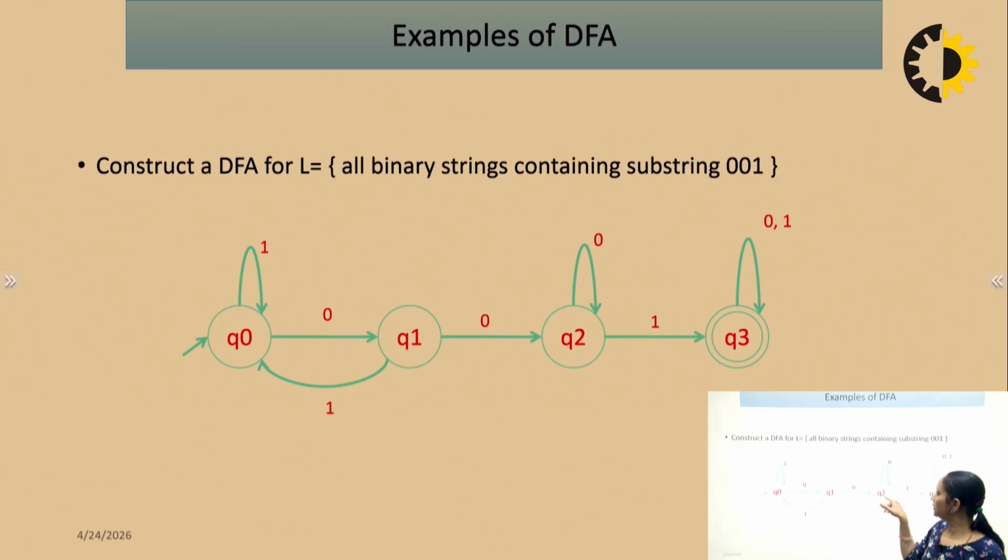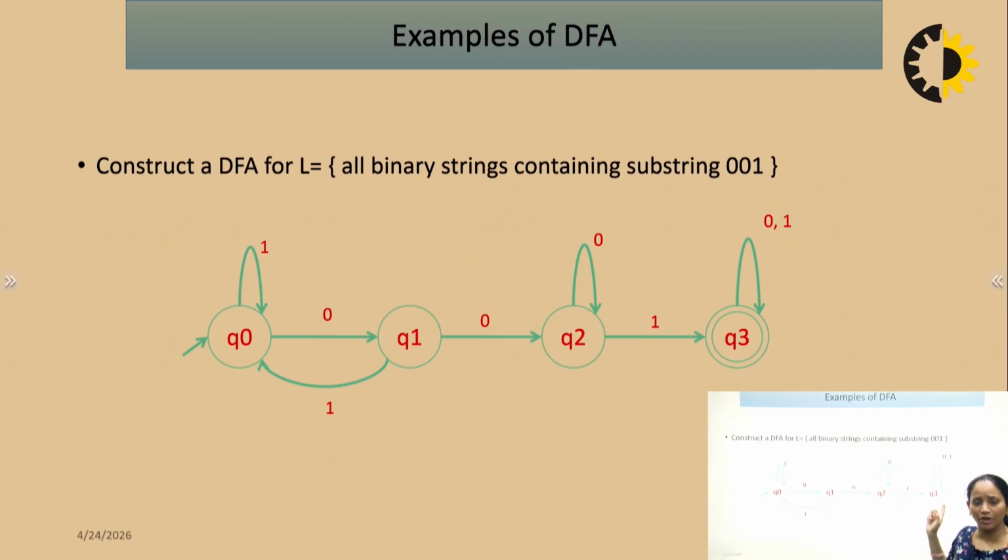Now, can we make the transition of Q2 on 0 to Q0? We have to start from Q0, so the string is 0, 0, 0, 0, 0 and 1. It is also okay. And we can also make a self loop on Q2. So 0, 0, 0, n number of 0s and then 1. So it is completed. Now Q0's 0 and 1 transitions are complete, Q1's are complete, and Q2's are complete.